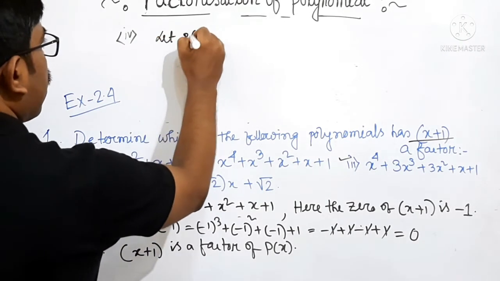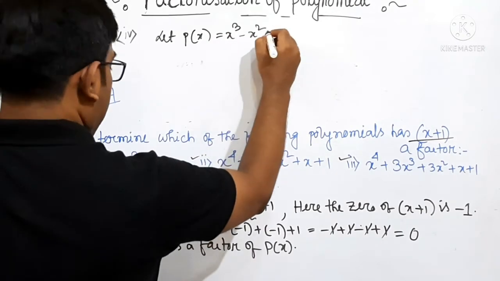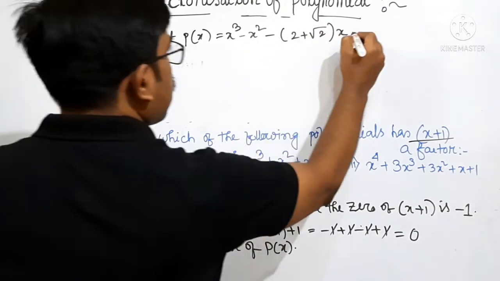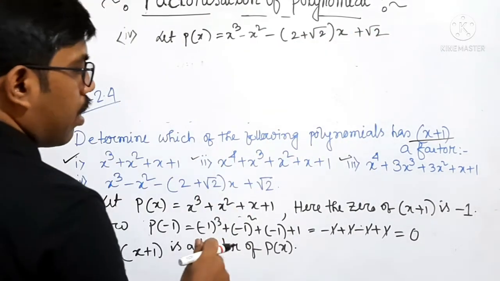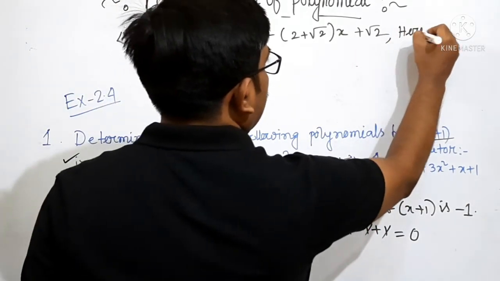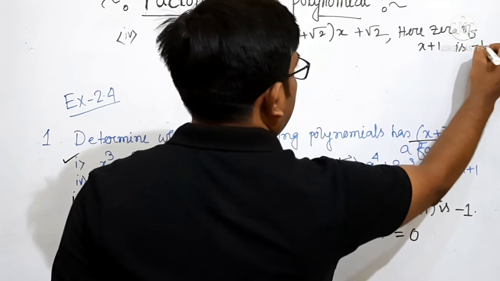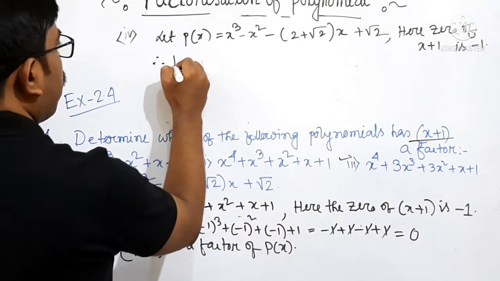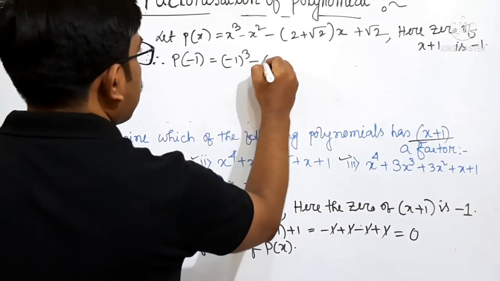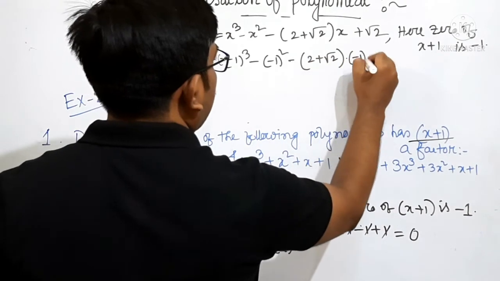Let P(x) equal to, here the polynomial is x cube minus x square minus (2 plus root 2) into x plus root 2. In the similar way, zero of x plus 1 is minus 1. Therefore P of minus 1 will be minus 1 whole cube minus 1 whole square minus (2 plus root 2) into minus 1 plus root 2,